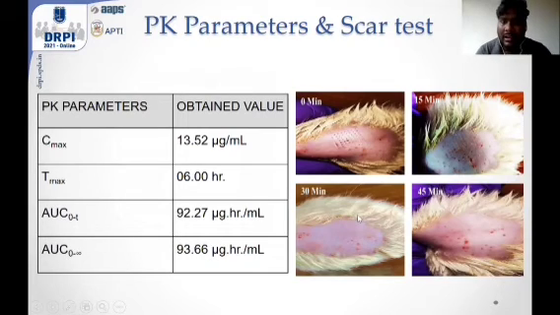To detect the injury that may be caused using the microneedles, a scar test was also performed. In this test, the microneedles were applied on the dorsal surface of the rat and then removed. After different time intervals, the scar was detected on the dorsal of the rat. It was observed that the scar is completely diminished within 45 minutes of the application. It indicates that there is no skin injury on the application of the microneedles.